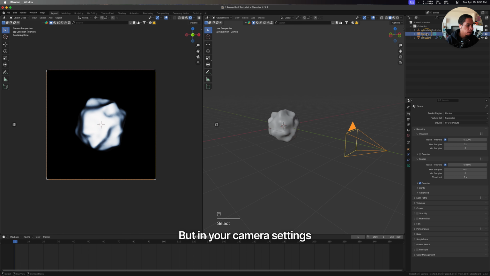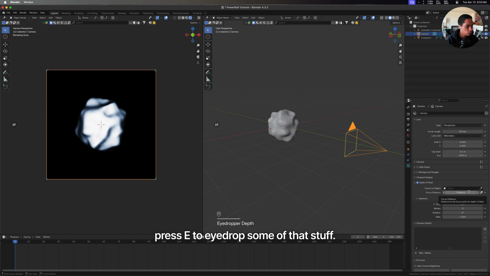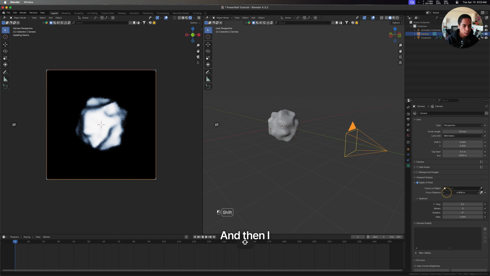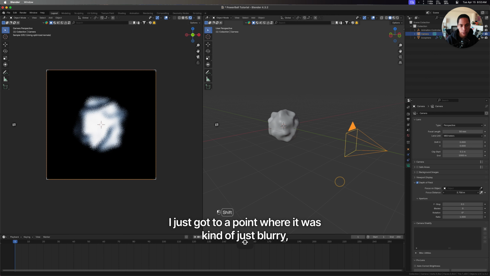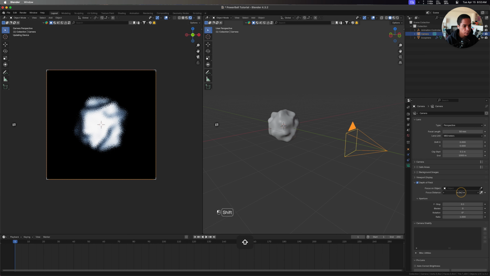Within your camera settings, the thing that I did was I brought in depth of field, and you could just press E to eyedrop some of that stuff, but what I did was I just went crazy with the f-stop, and then I think I just blurred the whole thing. I just got to a point where it was kind of just blurry, and what I'm doing to make the values change a lot more subtly is I'm holding down shift here as I'm dragging,